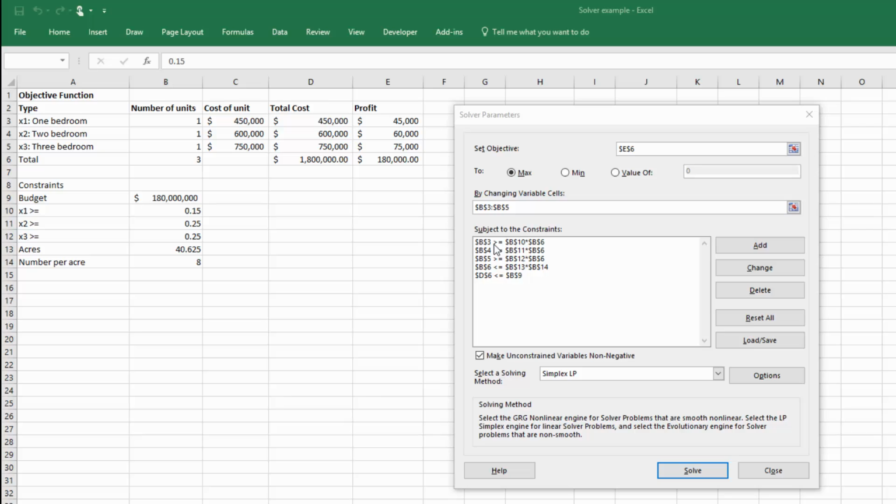B3, which is the number of type 1, is equal to B10. B10 is 15% times B6, which is the total number of units. 15% of the total number of units have got to be type 1. The next one is B4, which is the number of type 2s, is equal to B11, which is the 25%, times the total number of units,